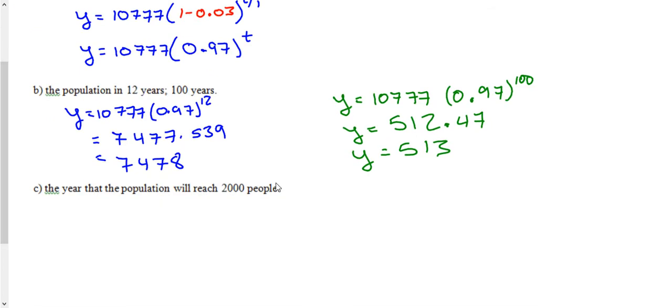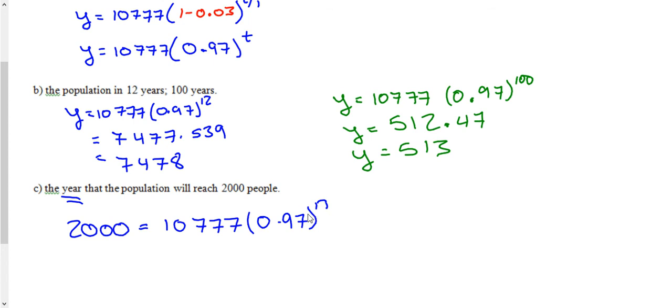The year that the population will reach 2,000 people, so we want to find the year, not how many years, but what actual year it is. So we're starting in 2012. In what year do we have 2,000 people? So let's set up our equation. We got 2,000 people remaining out of a population initially of 10,777, with their decaying of 0.97 to the variable of t, sorry, I believe our variable should have been t for time actually. And so we do want to find t here, and the way that we're going to find this is use